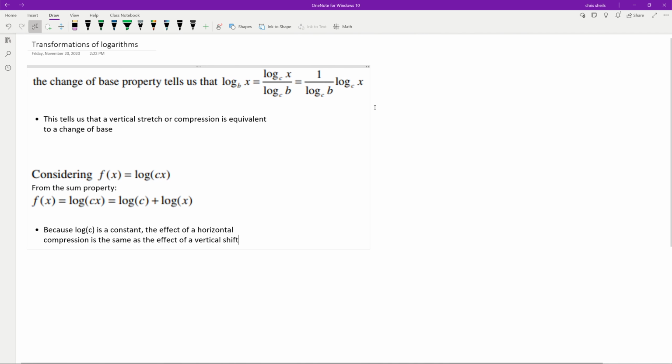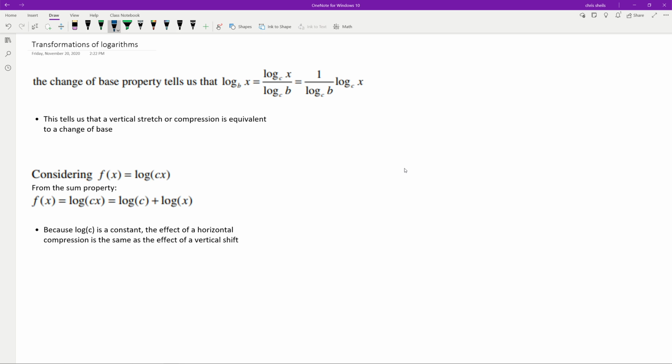Let's look at transformations of logarithms. So because of our logarithm properties, transformations of logarithms are sometimes a little bit different, well, in some ways, from transformations of other functions. So our change of base property tells us that log base b of x is equal to log base b of, or log,